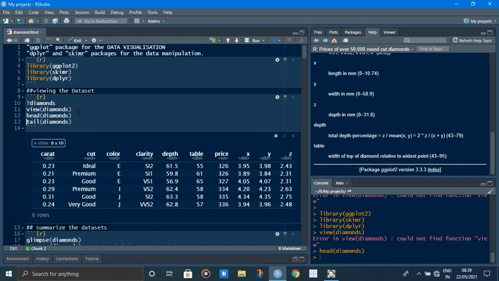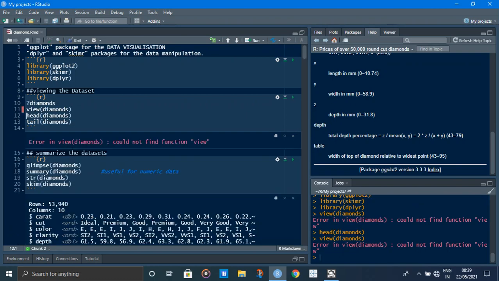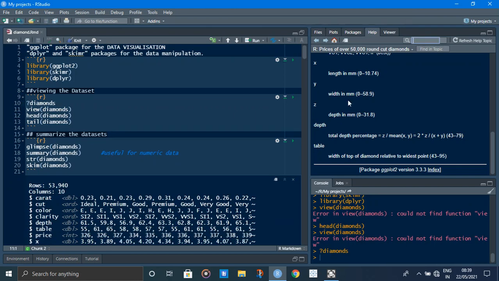So what is the problem? The View function is not running. Could not find function View. So there is some error, so I skip this line.